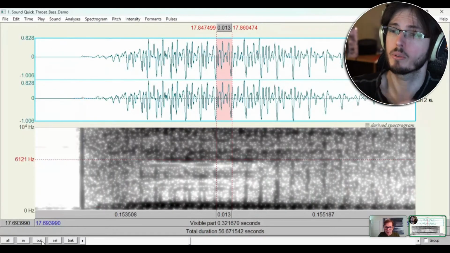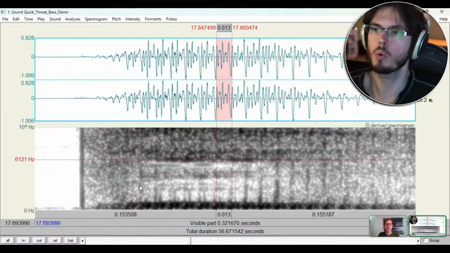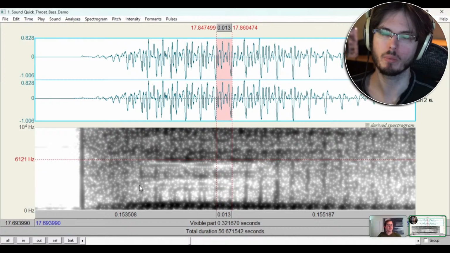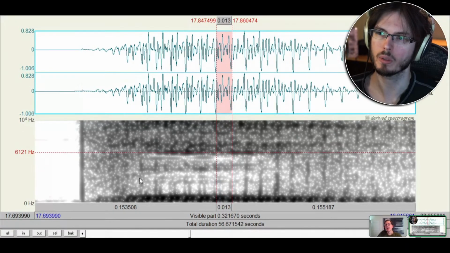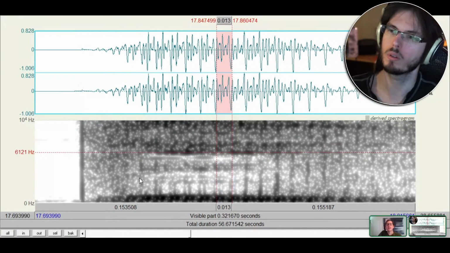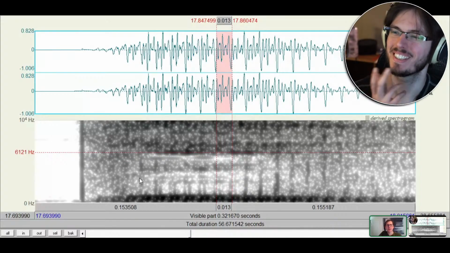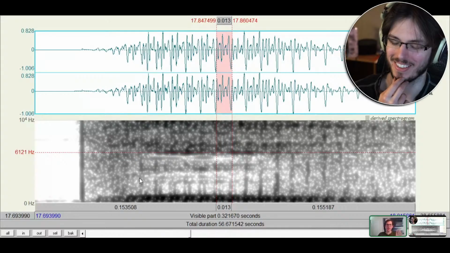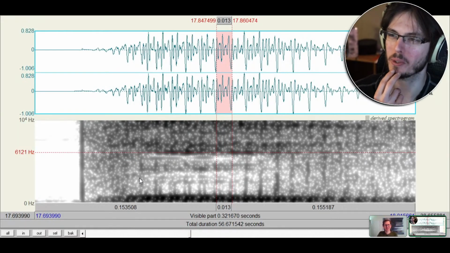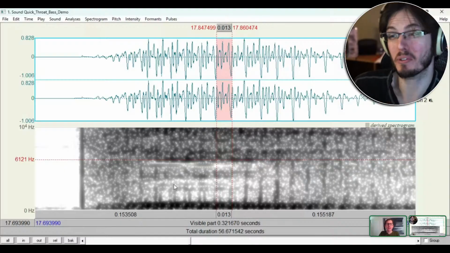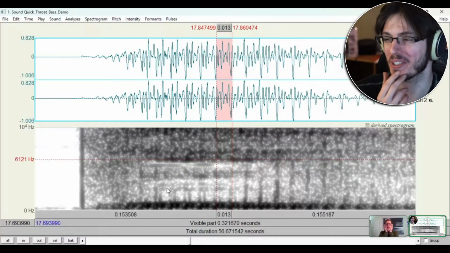That's a good correction for me because I thought it was a matter of vocal fry. And it might be, but I didn't realize the ventricular folds were involved. Well, and you know, what is vocal fry anyway? It depends on who you ask and what's involved. I'm not an expert on fry, so I'm not going to try to get into that. I'm going to focus on the throat bass today. That is the most scientist answer. Well, it depends on what you call a vocal fry. It's an accurate statement.